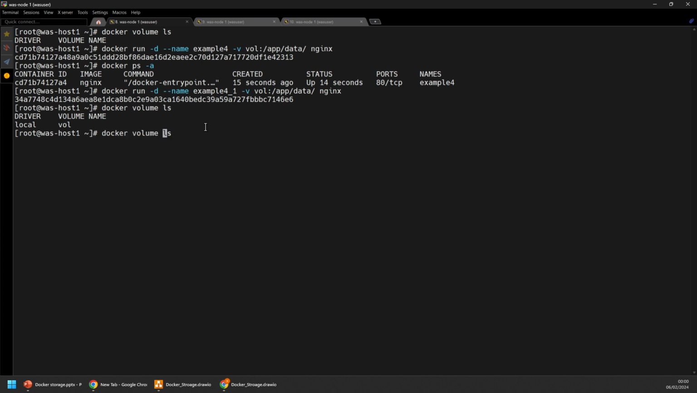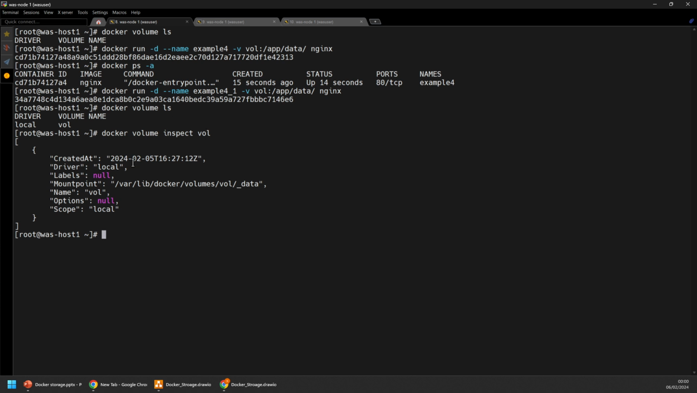So if I run docker volume ls, you can see one volume, but it is used or shared by two different containers. If I give an inspect here of the volume, you can see that this is a local volume. You can see the name of the volume, the location of the volume, and all those details in terms of inspecting the volume. Now let's inspect the container. To inspect the container, you can just give docker inspect